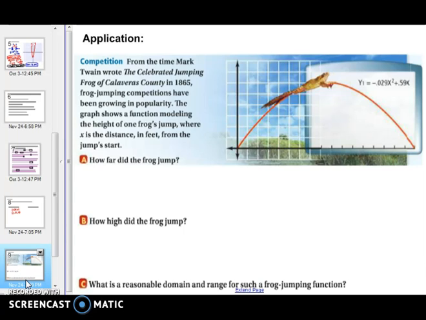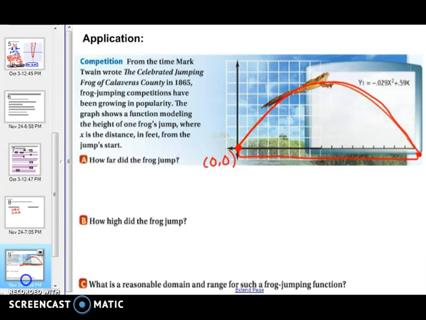So we have this frog jump competition, and the graph shows a function modeling the height of one frog's jump, where x is the distance in feet from the jump start. So we want to know how far did the frog jump. So the frog is jumping in a parabola, as you can see up here. Okay, so here's our parabola. We want to know how far he jumped. So we want to know the distance that he jumped. So if he's starting out here, we know that that's the point 0, 0. That's the origin. So if I find the other 0 on the graph, that's going to tell me the distance